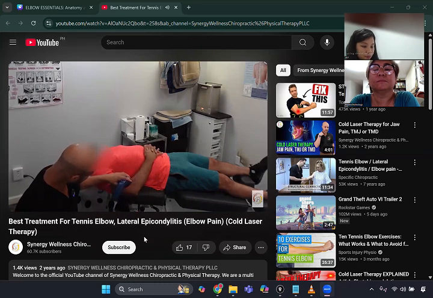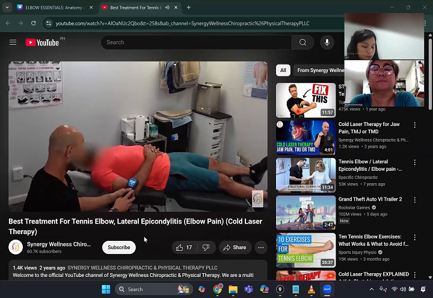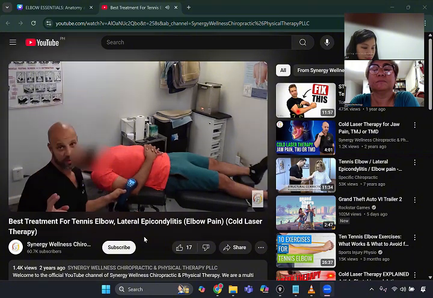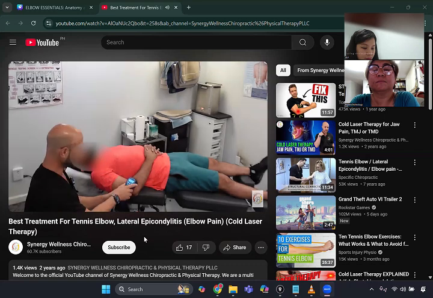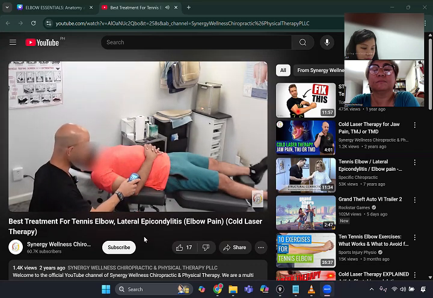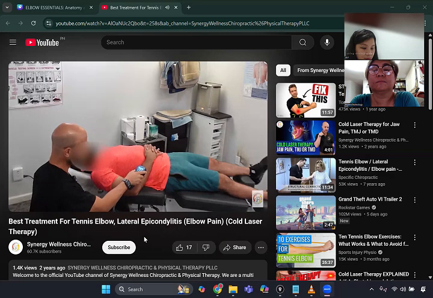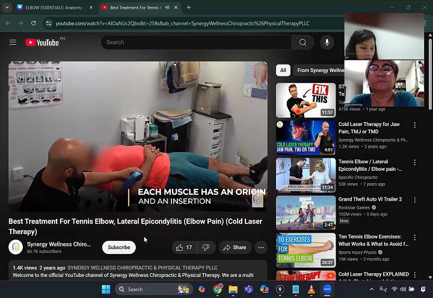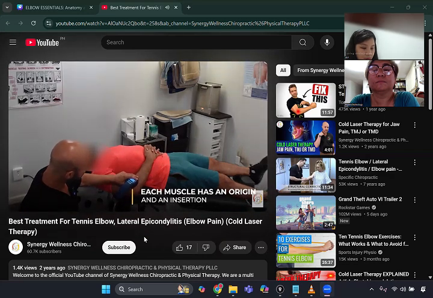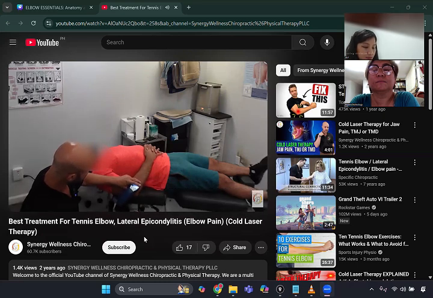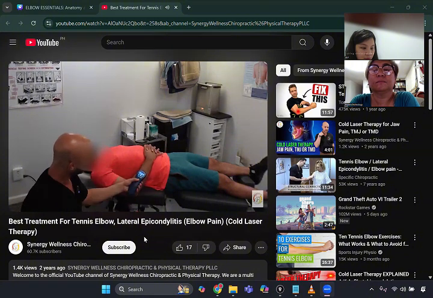We're just going to scan over the rest of the muscle and tendon. Yeah, so it's beeping along that whole tendon and muscle, along the whole pathway of it, from the insertion all the way to the belly. So we have an origin and an insertion. It beeped again, and that was pretty quick, so that tells me there's not a ton of inflammation or soft tissue damage there. Each muscle originates at one point and then inserts into another point. The belly of the muscle is the center of the muscle, which is right about here where we are.